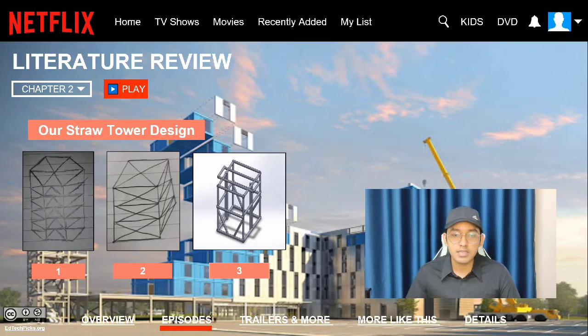Okay, the last design is the third design, which is we choose this design. This is because this was the best tower because it was tightly packed and had triangles, which is triangle means that the strongest part of building. Then it seemed very structurally sound. Okay, the last one is the tower also follow our research the best in terms of the way to make a tower strong. That's why we choose the third design in our assignment project.